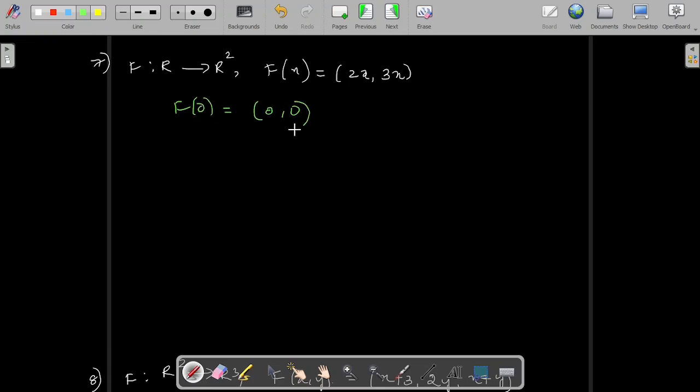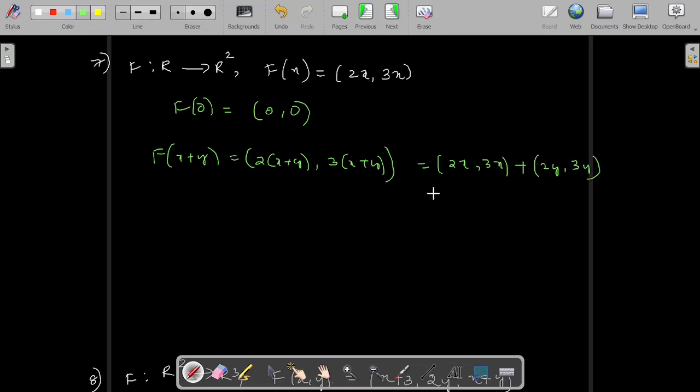Yes, (0, 0). Next, is it closed under vector addition? So f of (x plus y) equals (2 into (x plus y), 3 into (x plus y)). So this gives you (2x, 3x) plus (2y, 3y). I can split it like this. This is f of x plus f of y. So it is